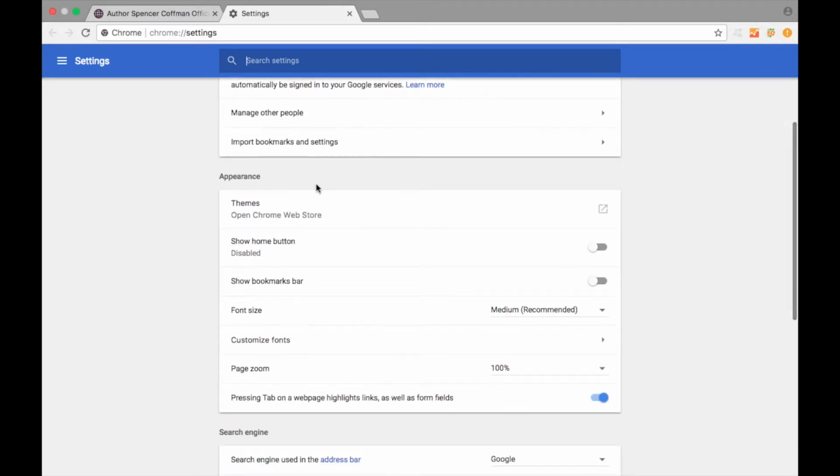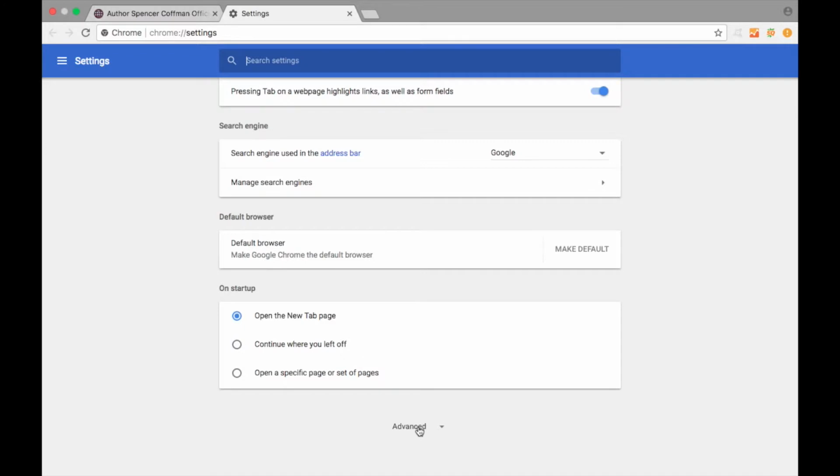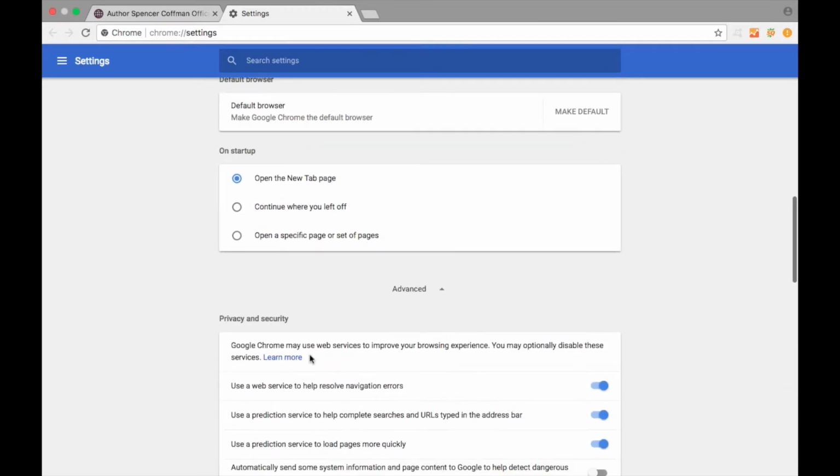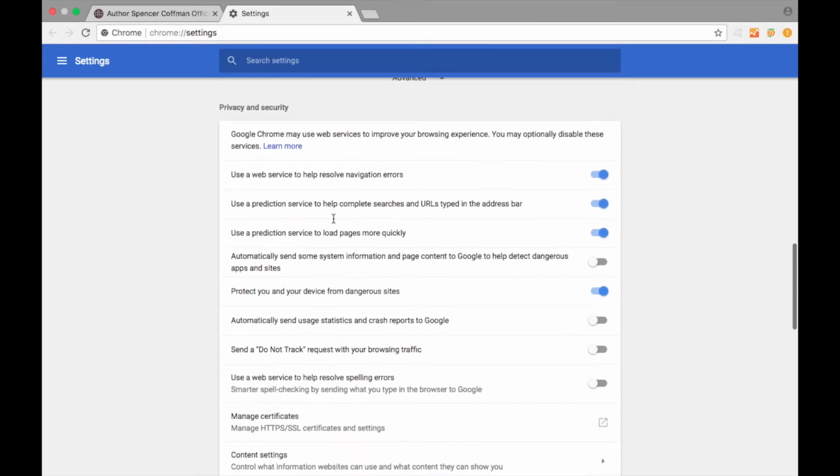Then go down here to Advanced. You see they hide this because they want to track all of your statistics and your browsing patterns, your search history, so that they can use that data to target you for marketing campaigns or other things that can make a profit for whomever pays. So click the Advanced and you'll see down here there is Privacy and Security Settings.